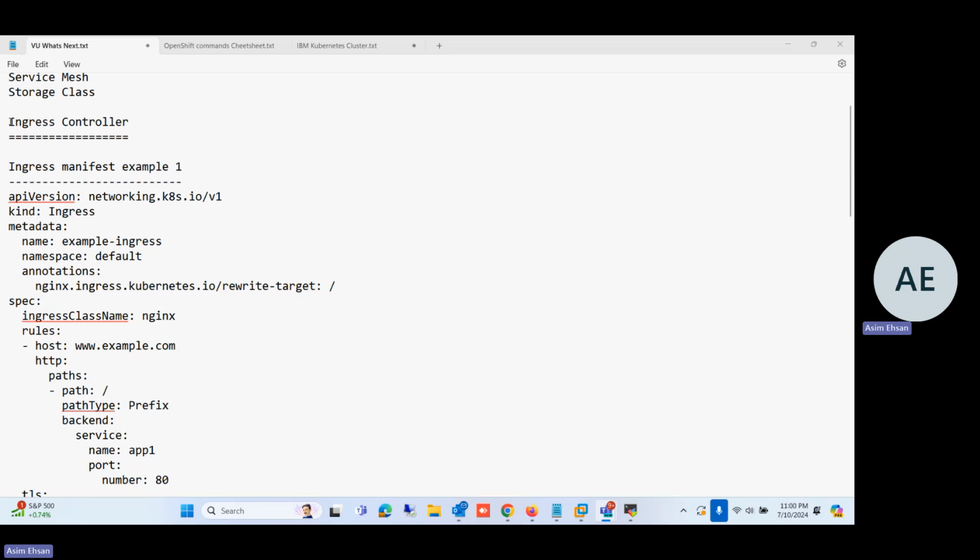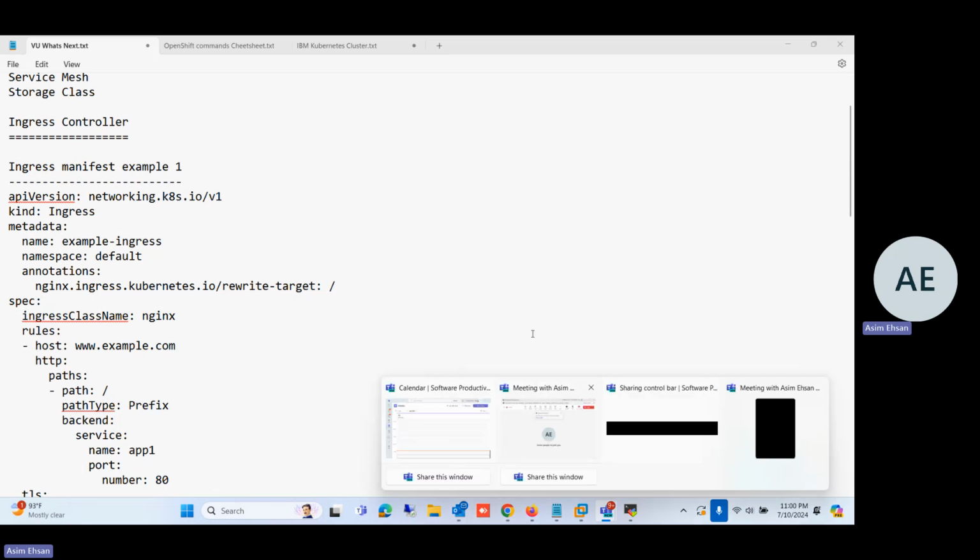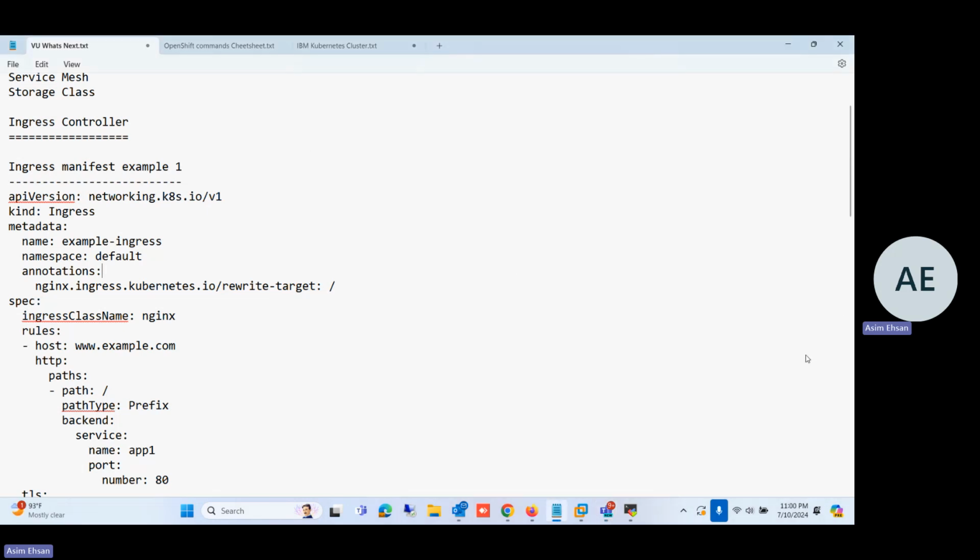But we have not done some example or deployment of some application for this Ingress controller. So today we will implement a real-time application deployment that will be reachable by Ingress controller. So our agenda point is to make